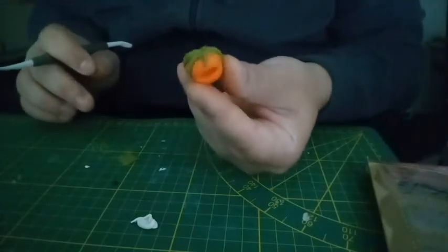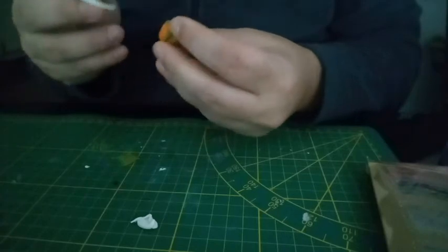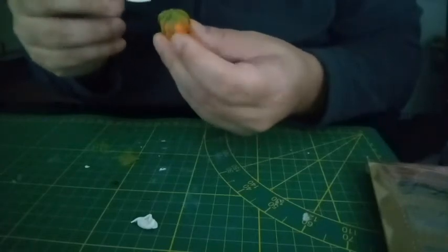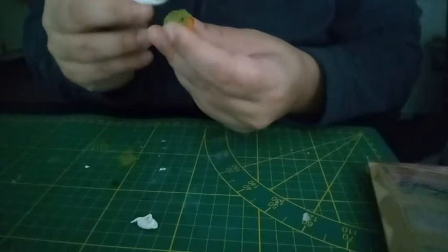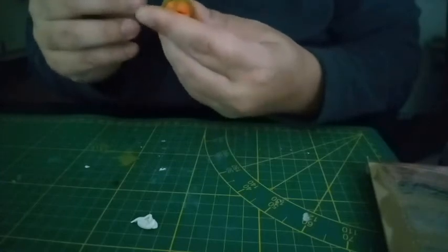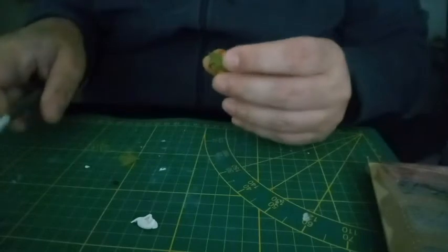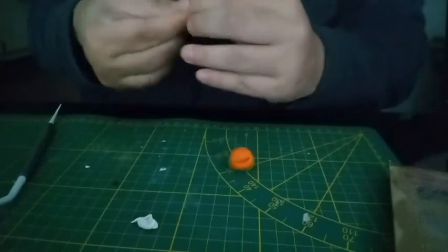Now you see I put some leaves on my pumpkin. What I'm gonna do now is give some more structure on the leaves. Okay, now make the...